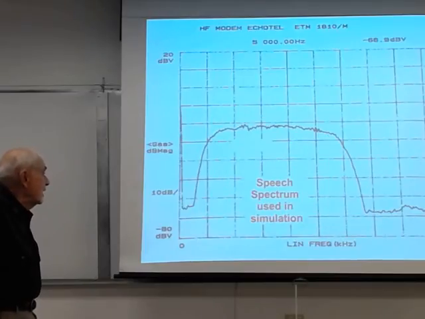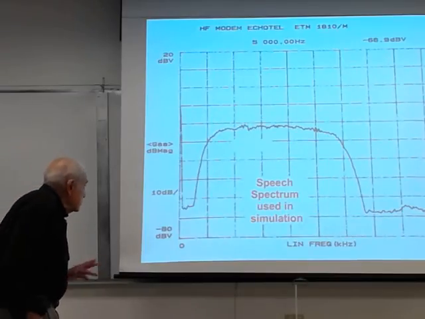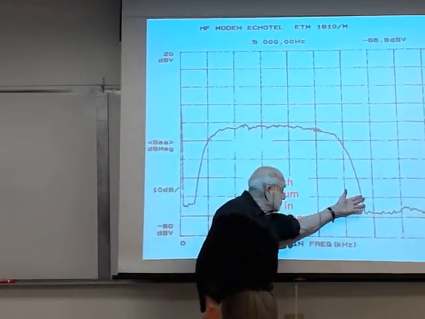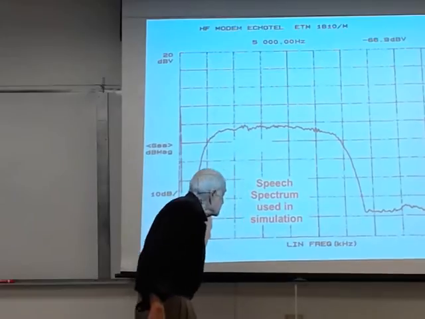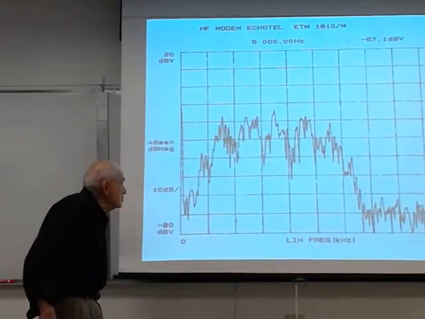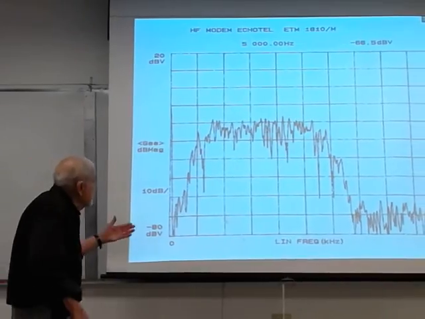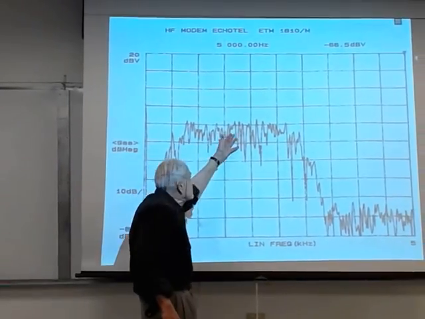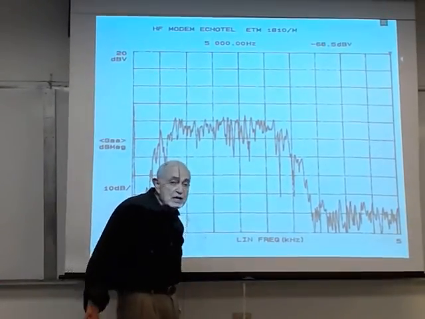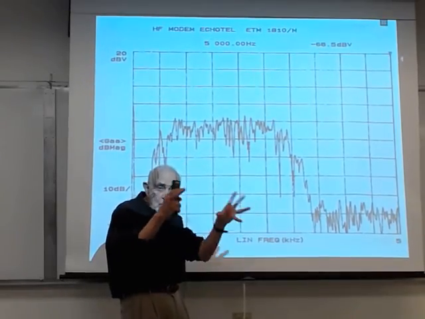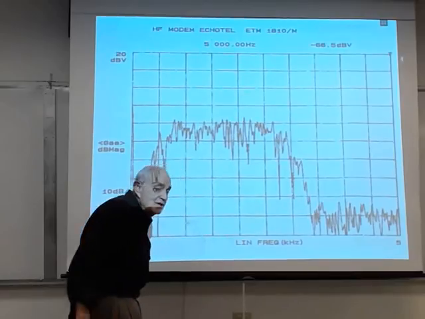And so the speech spectrum used in the simulation was from 300 to 3,300 or 3,400 hertz. And this is what you see as you walk along. You see the changes. Look, here, there doesn't seem to be very much change at all. When I say it's not rocket science, I mean, you take a photograph of what's happening, it's a random walk that happens there. So you got to take